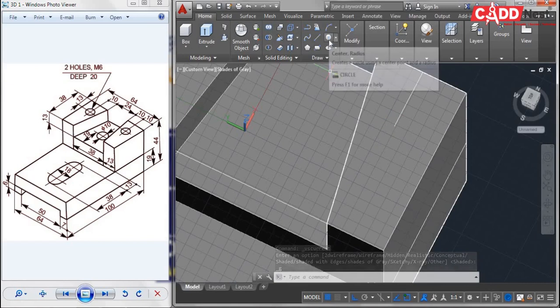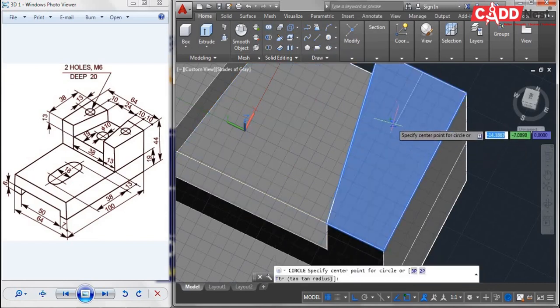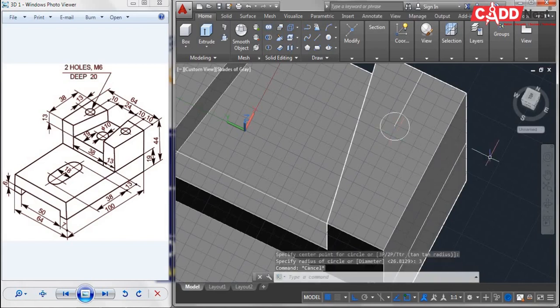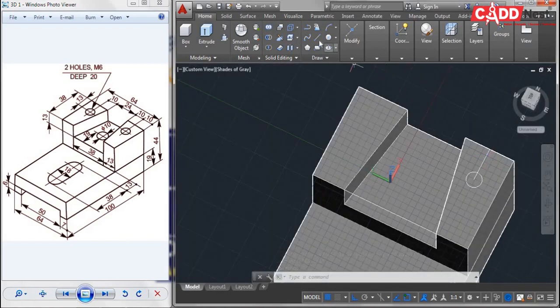I'll be taking a circle over here from this endpoint. I'll be drawing a circle with the radius. The diameter is given as 6, so the radius will be 3. Also from the other end I'll be taking a line. In this direction it should be 10, and in this direction it should be 13.